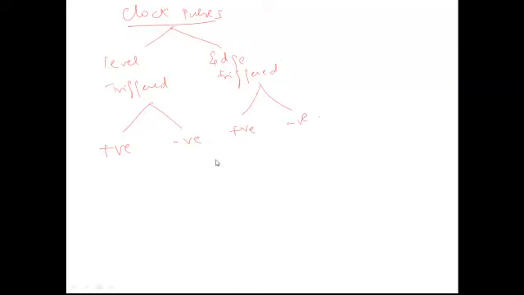What I mean to say from this is, if you take the clock pulses, it will be like this, a periodic square waveform. This is what we call a level.